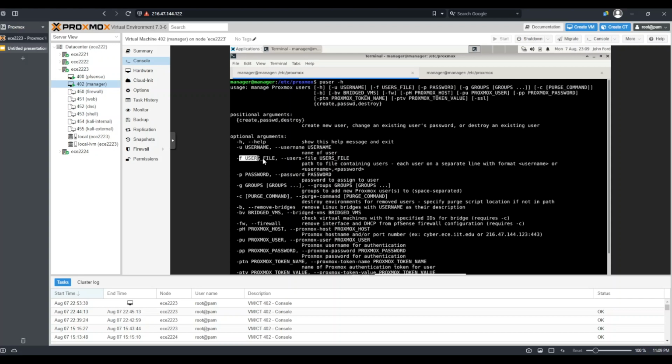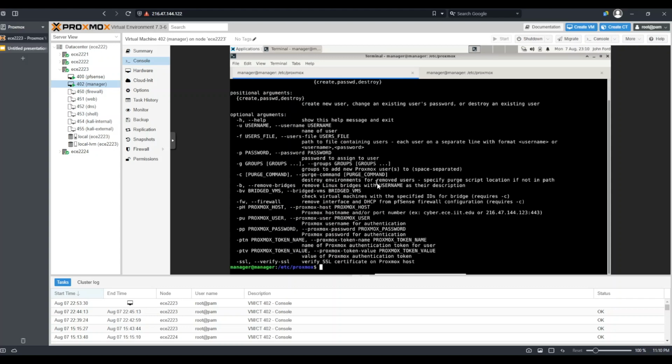We'll use that creds.csv as our users file. Notice it says path to file containing users, with each user on a separate line with format either username or username,password, which is exactly what we have. By default, it will generate random passwords for each of these users and update the file accordingly. So if I do puser create -f for the file and I specify creds.csv,